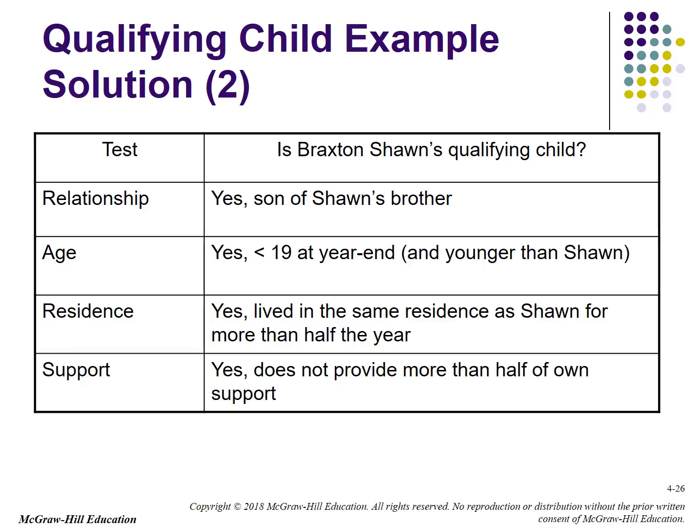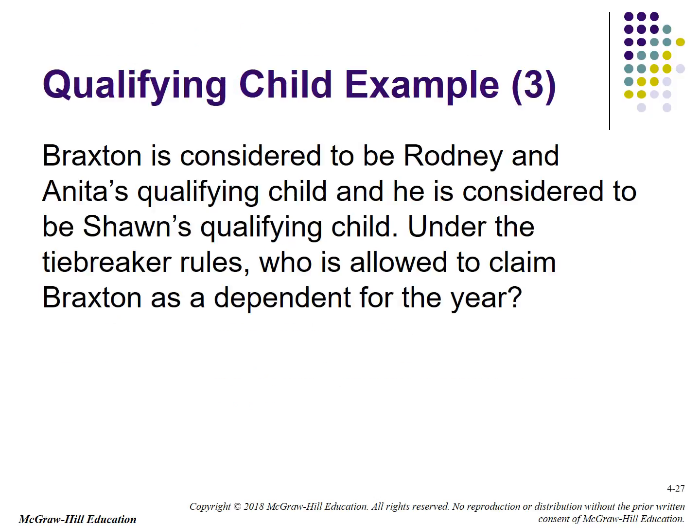Did they live in the same home? Sure. More than half the year? Yeah, 11 months. Support. Does Braxton provide more than half of his own support? No. So Sean can potentially claim Braxton as a dependent. However, he won't in this case because